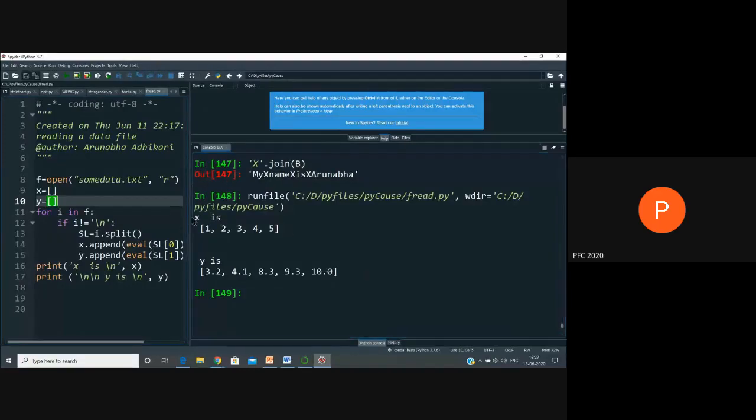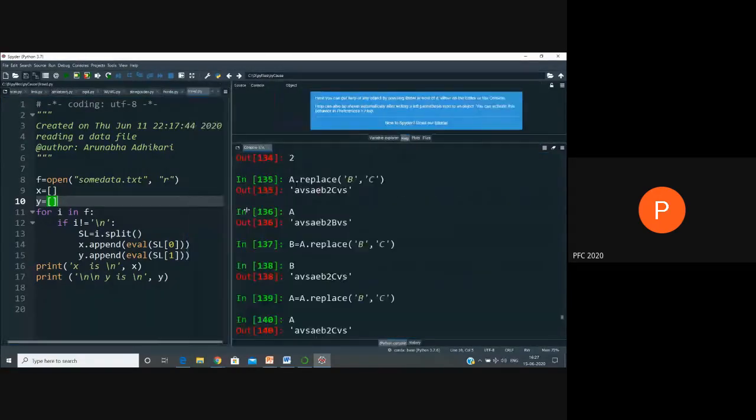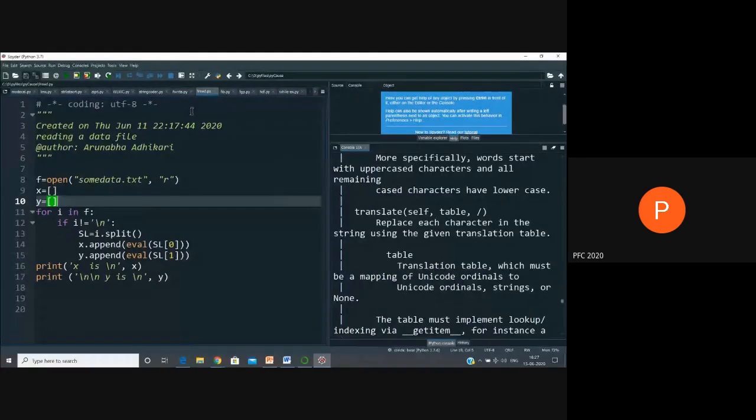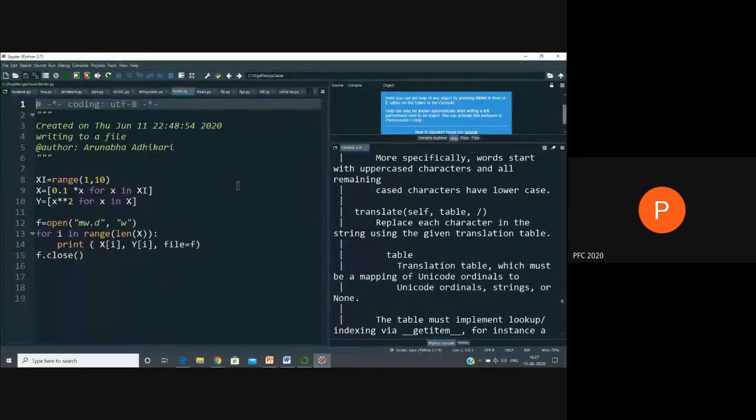And once I have talked about how to read a file, I should also mention how to write a file. That completes my discussion. For example, I created a list. For xi in range 1 to 10, so it starts from 1, ends at 10. And then